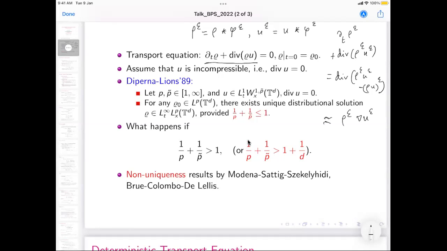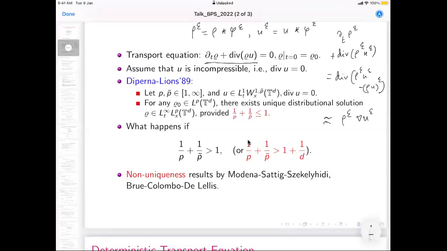So, the exactly opposite situation. What happens if I move away from this region where P and P tilde do not satisfy this condition? Do we have uniqueness, or do we expect non-uniqueness? That's our question. In general, even for the deterministic case, it is still open. It's not known. And instead, we look at this condition because, as I told you, just to make sense of